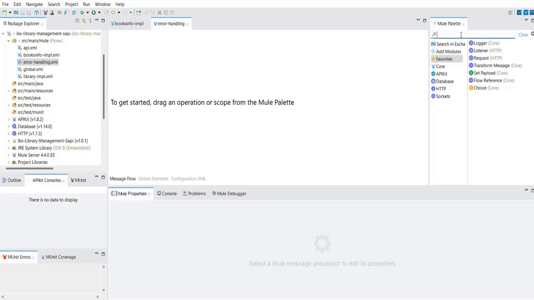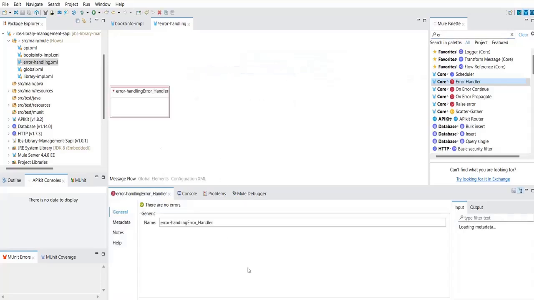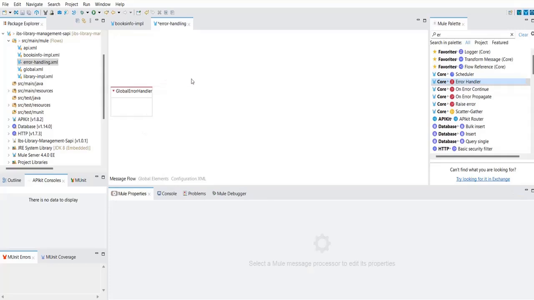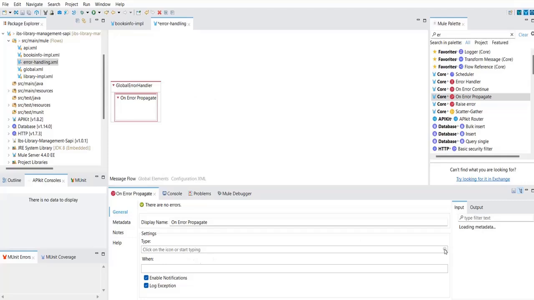Alright, so here first you need to add an error handler. This is the scope you need to drag and drop. You can name it global error handler, or rename it to any name you want by following the naming conventions. Okay, so first let's drag and drop an On Error Propagate here, and the error type we already discussed, right? So for the error type, maybe we can first